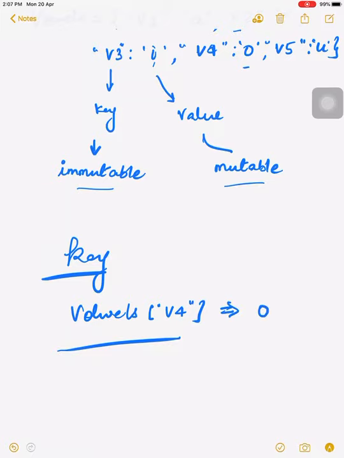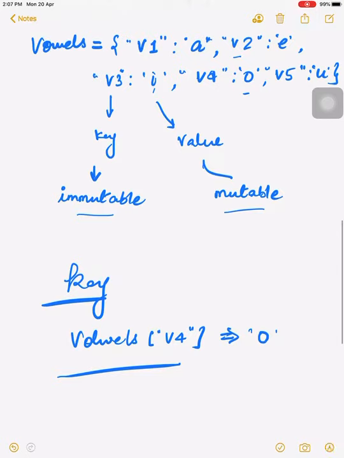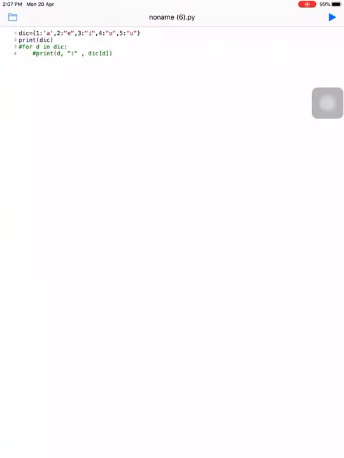The name of the dictionary is vowel, and in square brackets we simply write V4. Whenever we write it, the output will be O. Hope you understand. The output will be O. So the element of the dictionary is accessed with the help of its key.